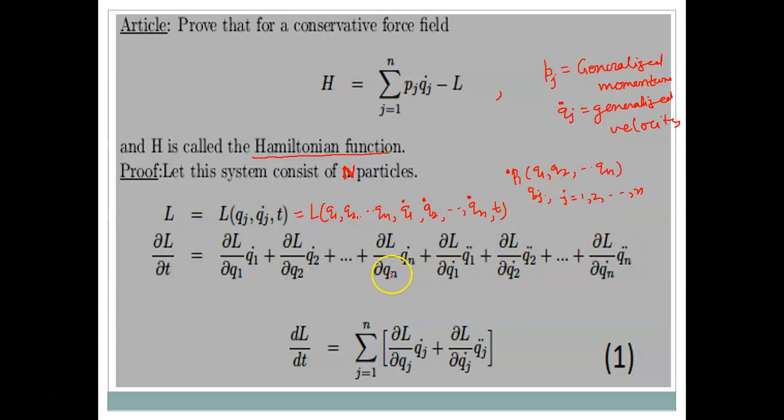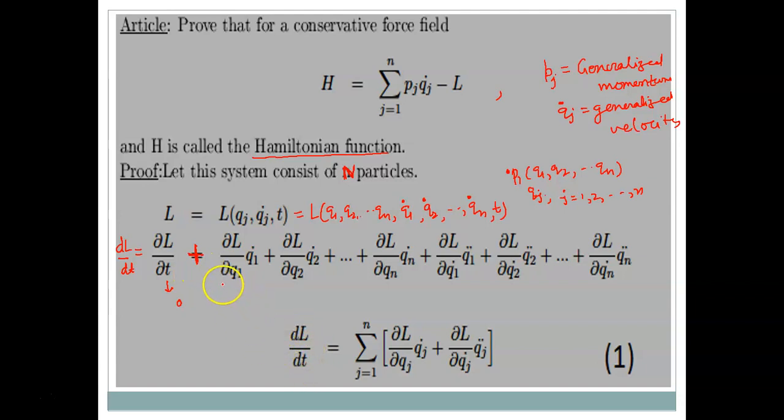So here this is the value of dL by dt, when we are differentiating with respect to t, and this term will appear. In fact, it should be del L by del t corresponding to this, and dL by dt will give you this expression. So now if L does not depend explicitly on t, then del L by del t comes out to be 0.